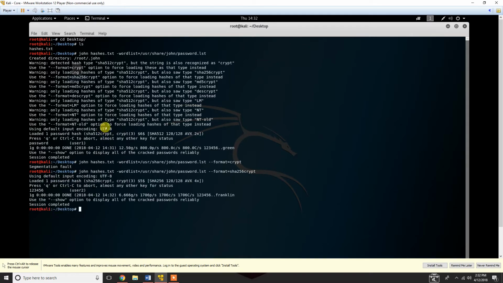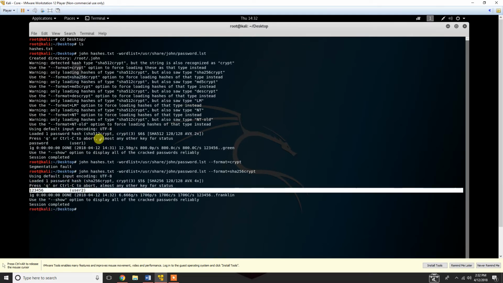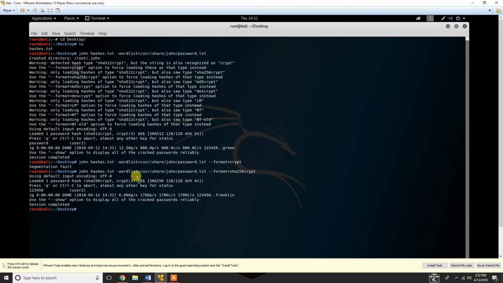So now it found 1 password here and 1 password here. Now, if you want to see which passwords it still needs to crack, you can use a really simple command here. You can do john --show on the document hashes.txt. All right, so it shows here that 2 of the hashes have been cracked and there's 6 recognized hashes that are left. We also see in this here that there is "use the format nt-old to force load the NTLM